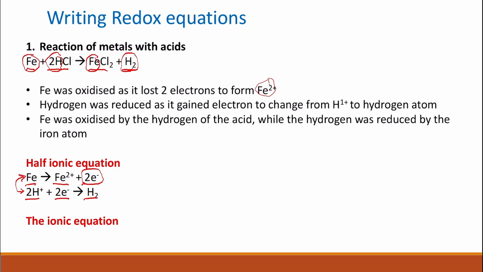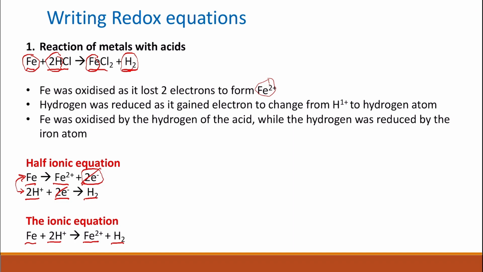So when you add these two equations, the electrons on both sides will cancel each other out, and the ionic equation will be iron plus two hydrogen ions will give you the iron 2 plus ion and hydrogen. Notice that in the ionic equation, we only show the ions that are actually reacting, so the ones that are